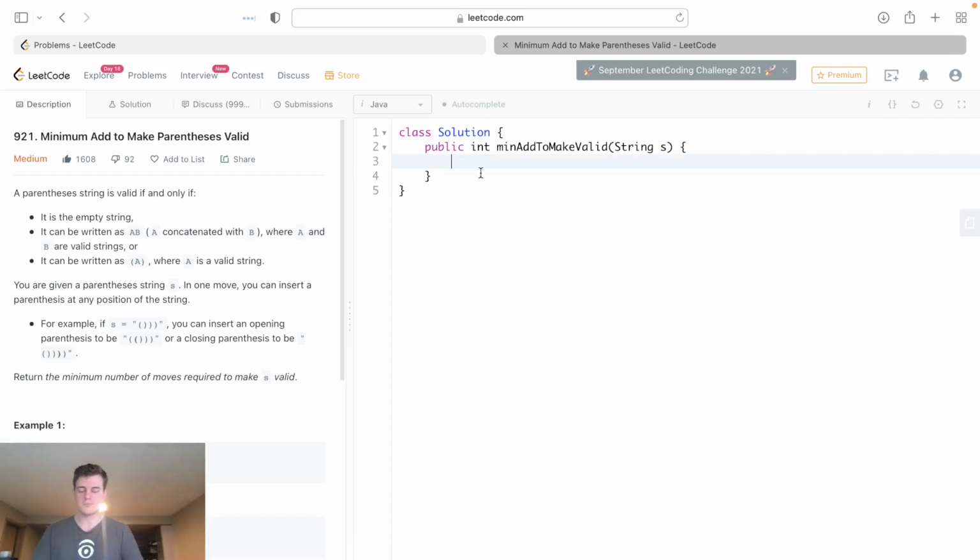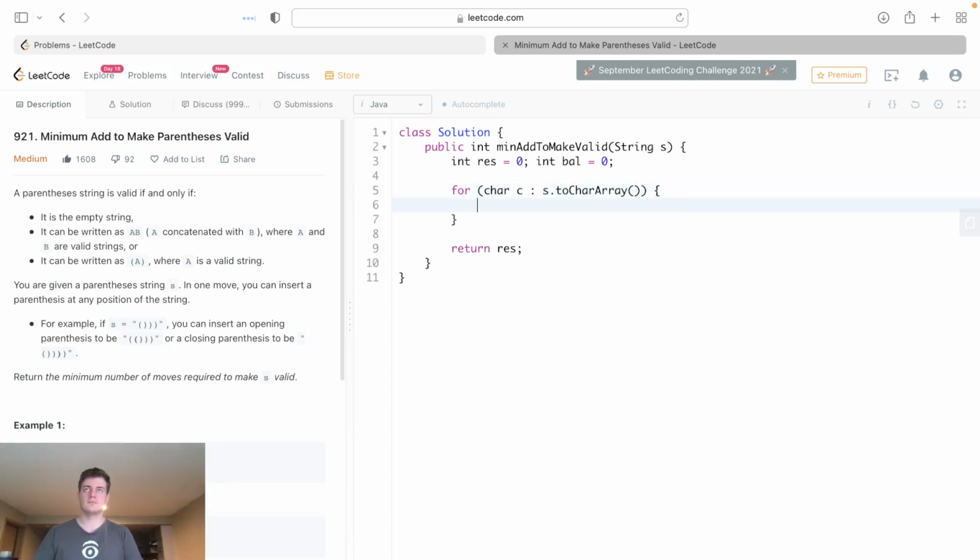So what we're going to do is we're going to have two things, our result, so that's the amount of adds we do, and the current balance, and I'll call this val. So current balance, current res. So the idea here with balance is we're going to increment it when we see an opening and decrement it when we see a closing to kind of keep them accounted for. So we know at the end we're going to return res, and then we also want to go through the string. So go through each character